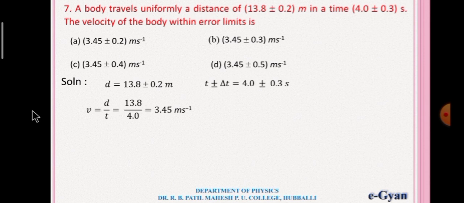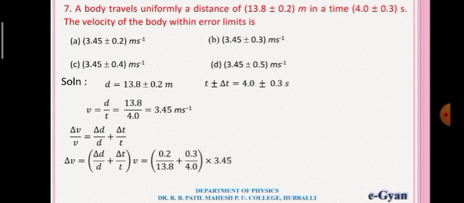For that, let us write fractional error for velocity, that is delta V by V is equal to delta D by D plus delta T by T. Here I want only delta V, therefore I take this V to the other side, and the above equation becomes delta V is equal to delta D by D plus delta T by T into V is equal to 0.2 divided by 13.8 plus 0.3 divided by 4.0 into 3.45, that is equal to